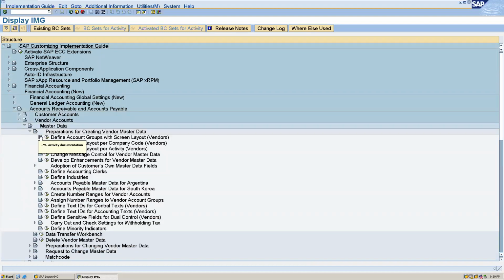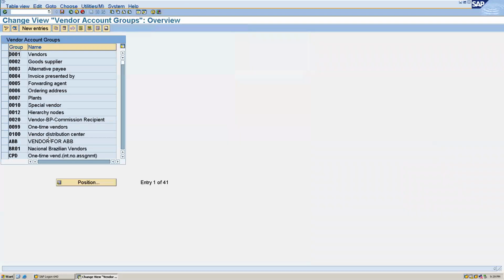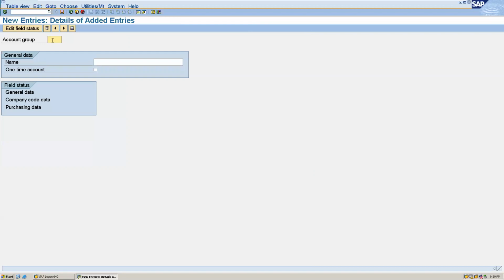And here we have to go to Define Account Groups with Screen Layout for Vendors. So I will create two account groups, one for domestic vendor and one for foreign vendor. I will give the account group as AL01, which is domestic vendor in ALLO.